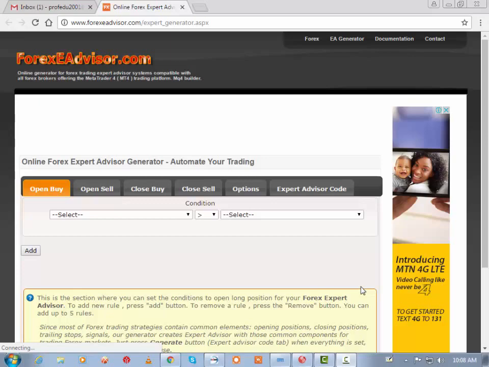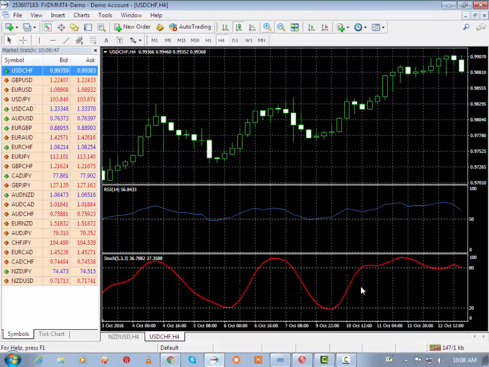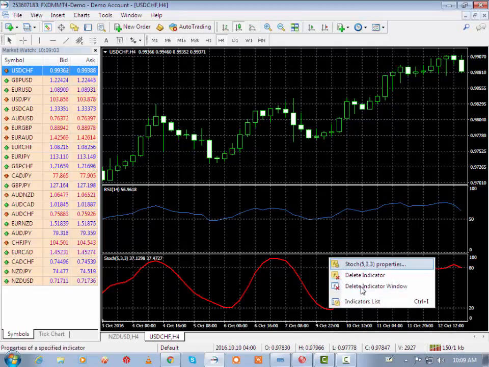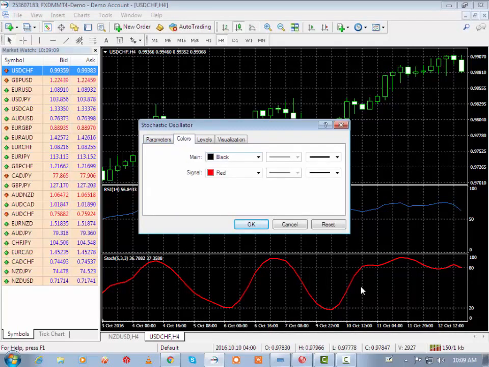Okay, so first of all, we are going to determine the strategy that we are going to create and how easy it can be to create this strategy. All right, so without wasting any time, I'm going to make an EA using RSI, default settings of RSI. The only thing is I have added the 50 line, and then I'm going to use the default setting of the stochastic, and the only difference is that I have removed the main line and I've left only the signal